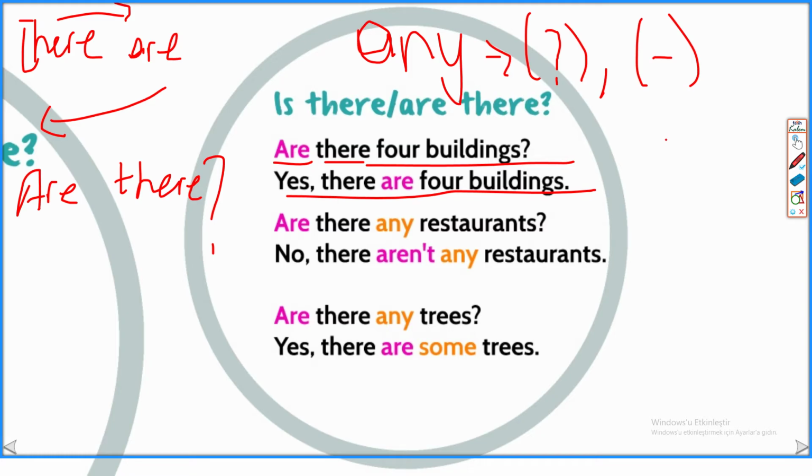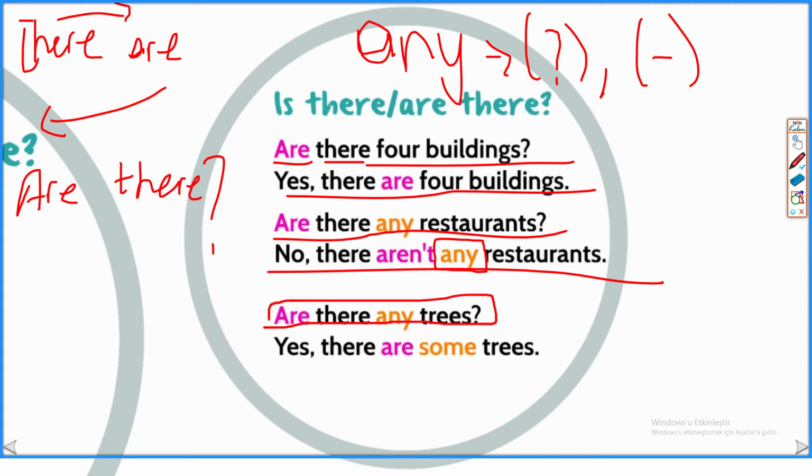Are there any restaurants? No, there aren't any restaurants. Okay. And are there any trees? Yes, there are some trees. And as you see,